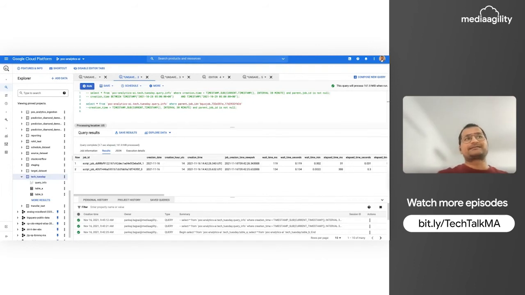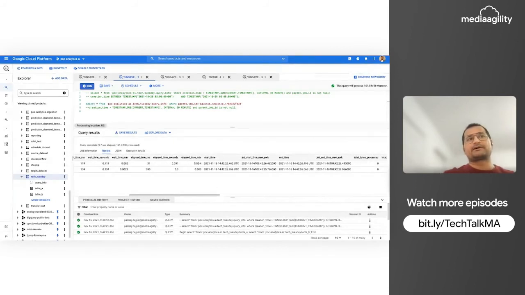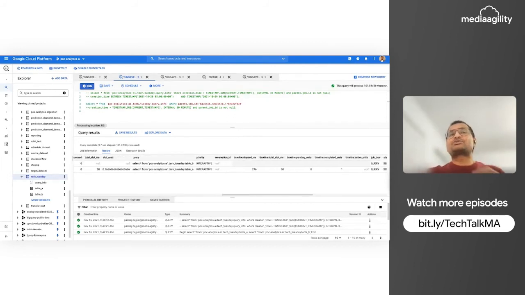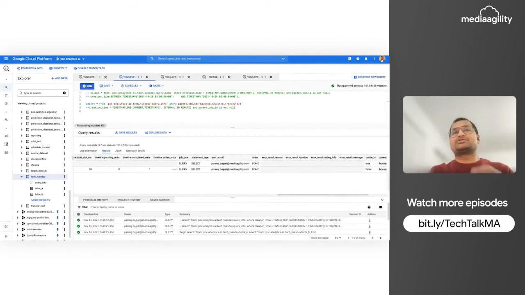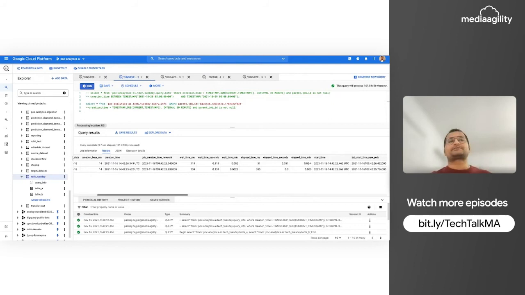Now, if you see, it says script job. Again, if we move further, we will find start time, end time, same thing. But here, if you see, it's not printing the SQL script. It's just printing the individual SQL. And that way, even which SQL is giving you a quota error or anything, you will come to know here. Okay, that's the thing. Now, what are the good things information schema gives?